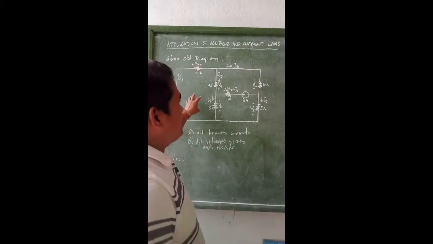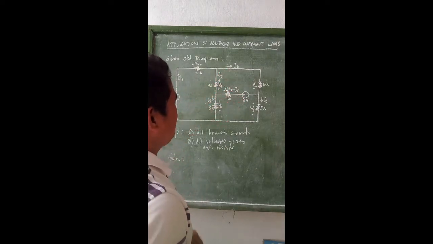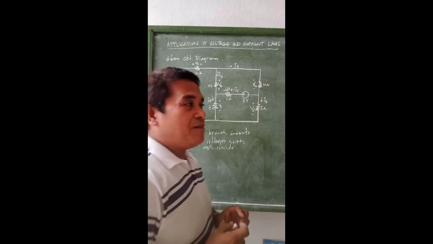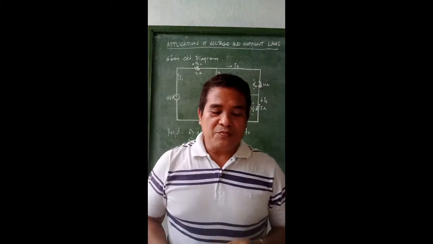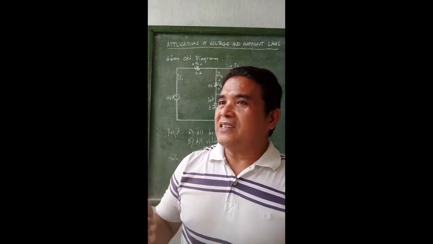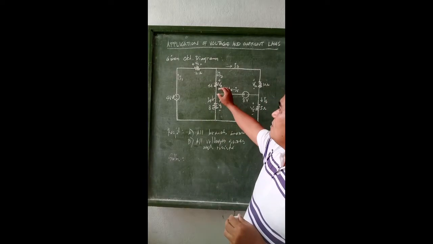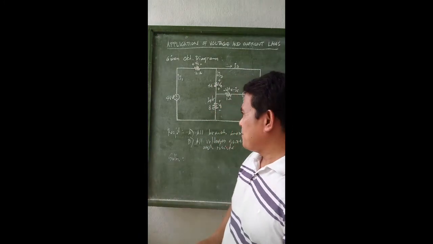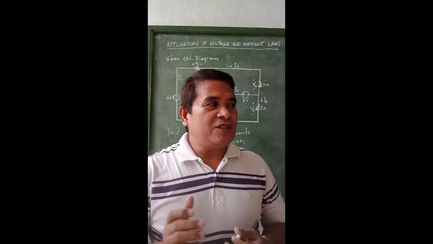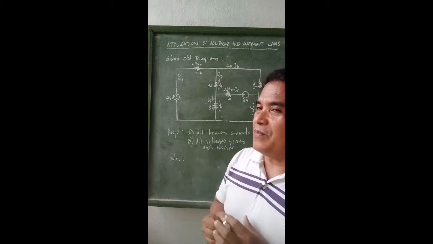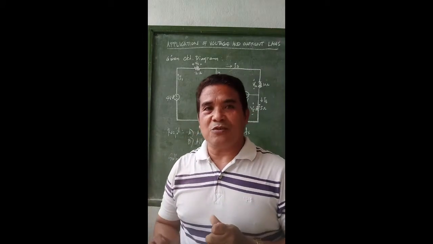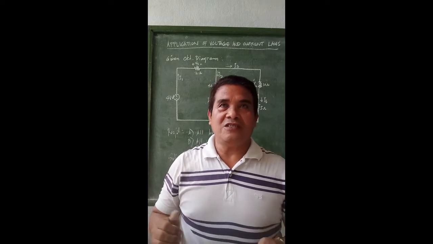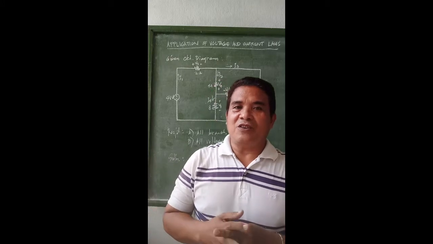Now, after indicating all the currents in the circuit as well as the voltage drop across each element, all you have to do now is to apply the voltage law to each closed path of the circuit, and then likewise apply the current law to each of the intersections or nodes of the circuit. But take note that in applying the voltage law to a closed path and the current law to intersections or nodes of your circuit, the purpose is this: you would like to form equations sufficient to the required number of unknowns